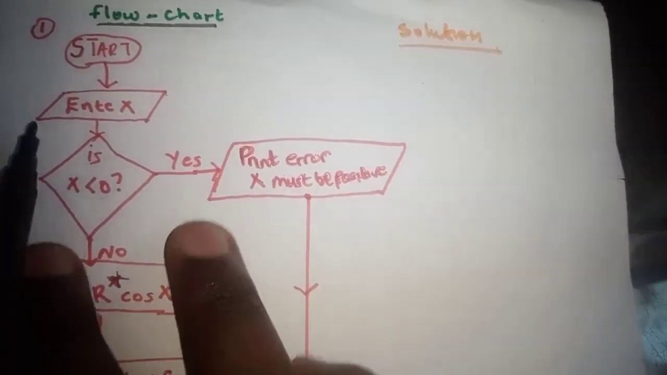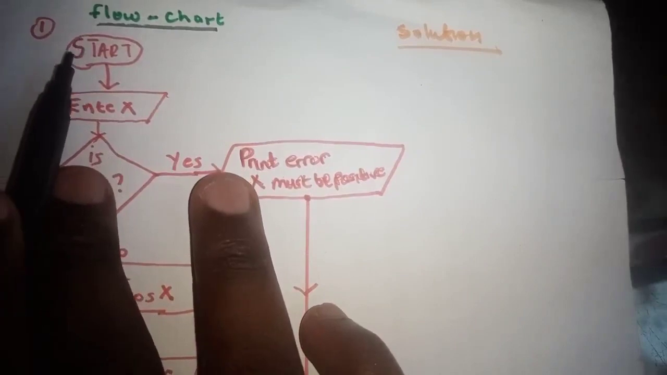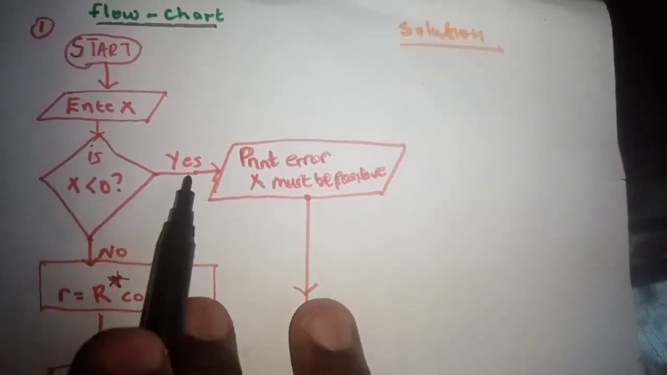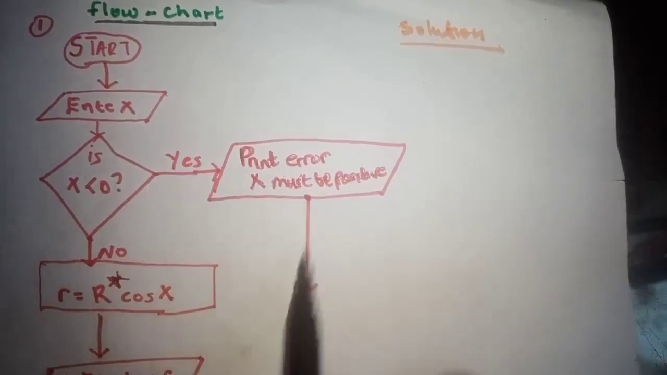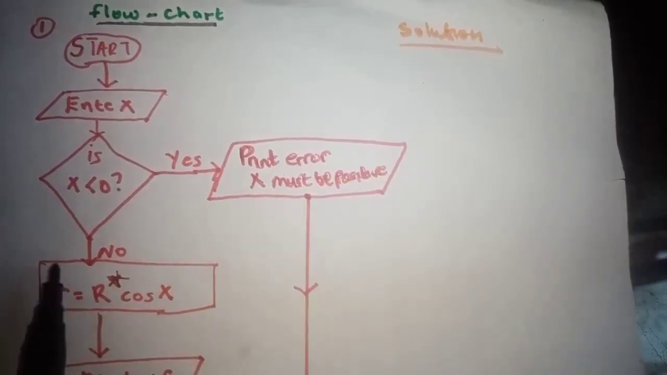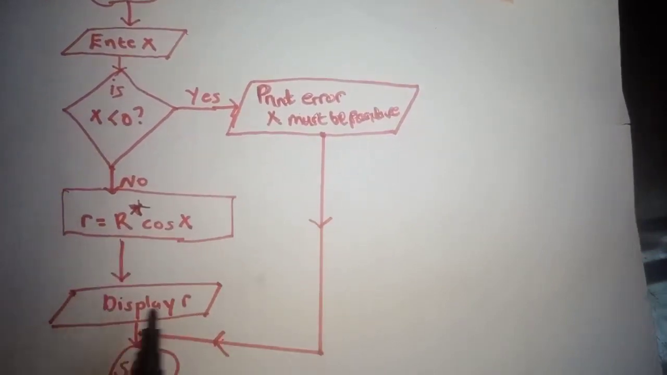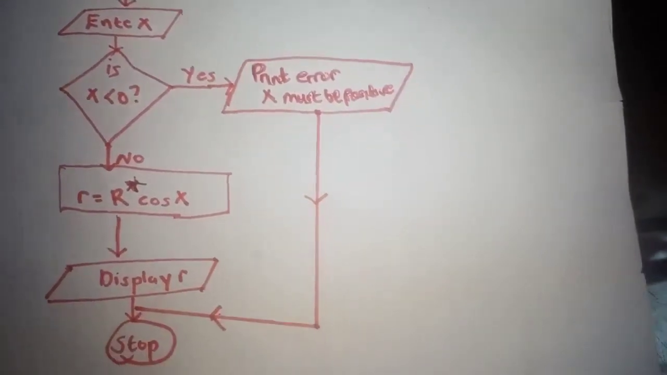You have your flowchart here starting. Start, enter x. Is x less than 0? If yes, print error, x must be positive. Then you have no. You have the formula here, display error, and then what? Stop. So let's come up with a pseudocode for this